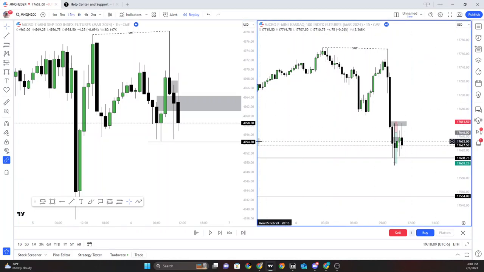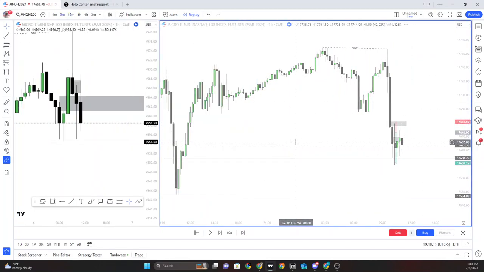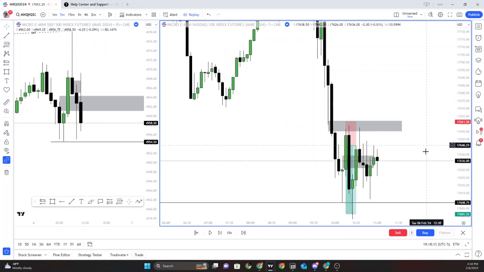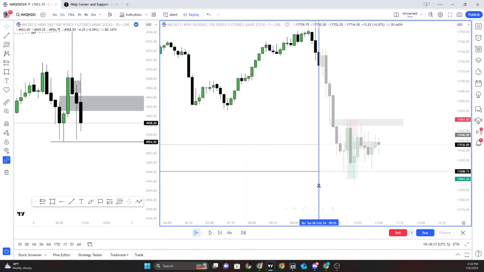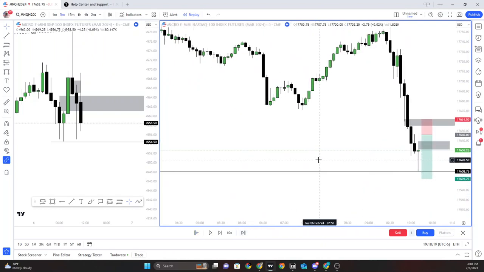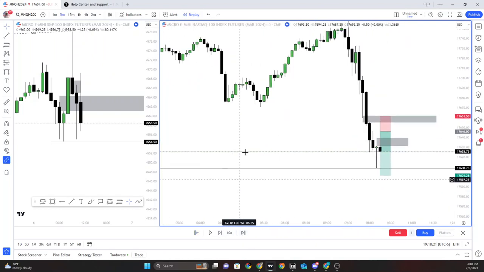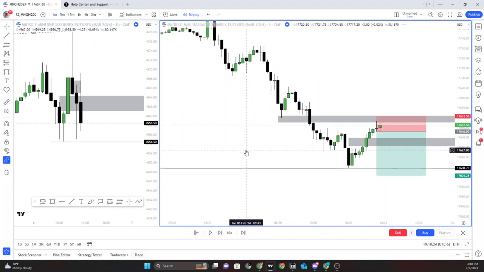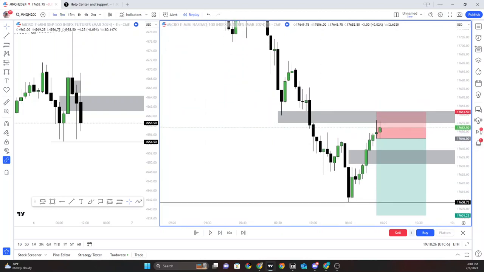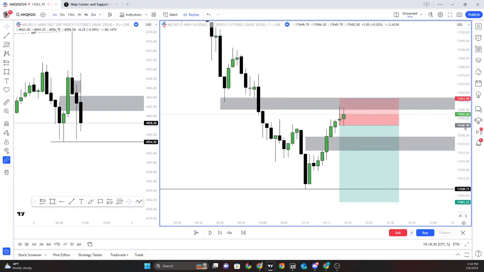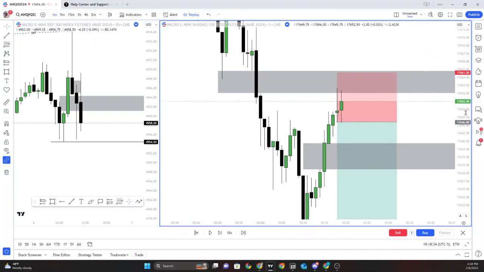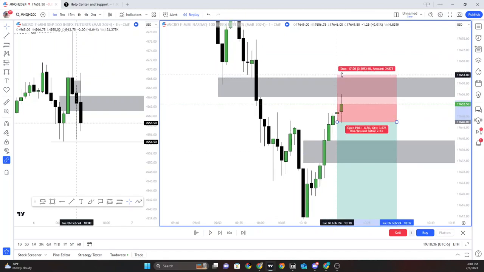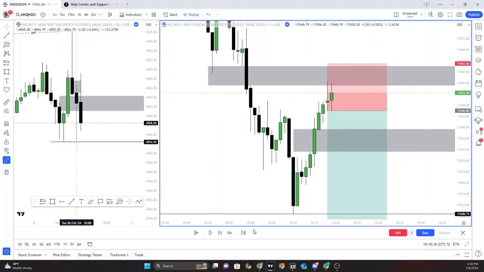So on NQ, we had a 5-minute fair value gap. We retraced, I'll put market replay. Alright, went up to there. Boom, 1 minute. I looked for my entry on 1 minute. We went in there. Boom, entered. I entered around there with 3 contracts. Then I had my risk up there, I think.